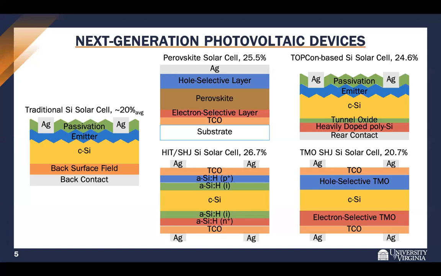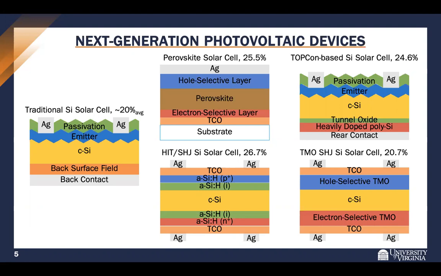These used a heavily doped polysilicon layer at the rear for carrier selectivity, and they have a record efficiency of 24.6%. In the bottom middle is a heterojunction silicon solar cell. These use intrinsic amorphous silicon to passivate the silicon absorber, and then heavily doped P and N amorphous silicon for carrier selectivity. And these have, of the single junction materials, the highest efficiency of